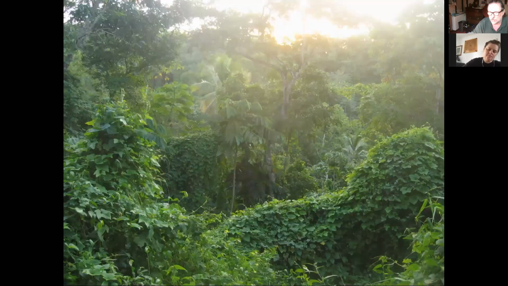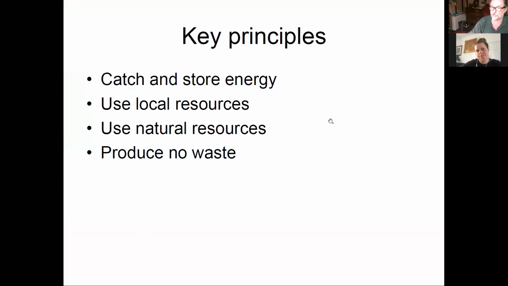This forest is built out of local resources. It's built out of the soil that was there. Okay, some things are blown in from the outside. Some seeds coming from the outside. Some seeds have been deposited in bird droppings and what have you. But basically, it's made out of what was there.